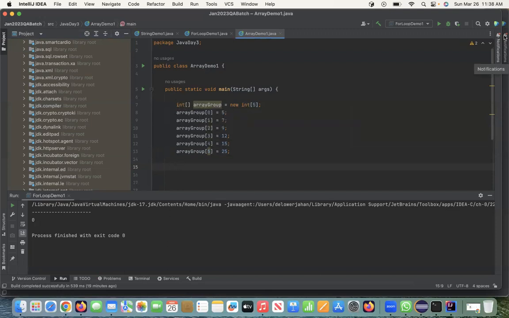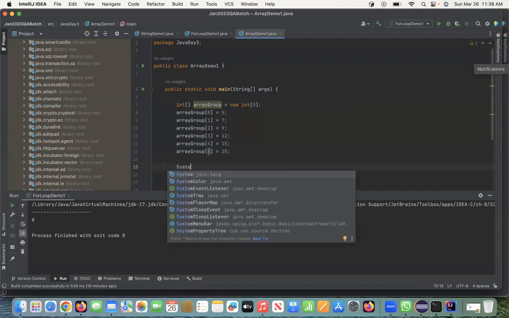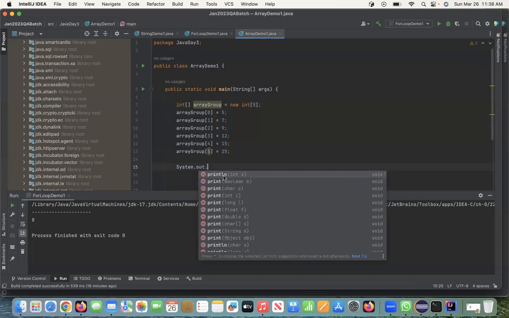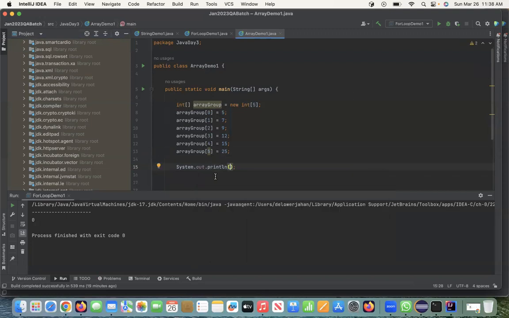All you have to do is System.out.println, and you have to give your array index, something like that. For example, I want to see index number 2. All you have to give is just this. So if I run this,